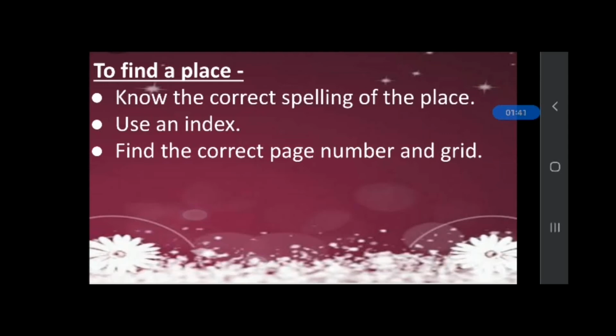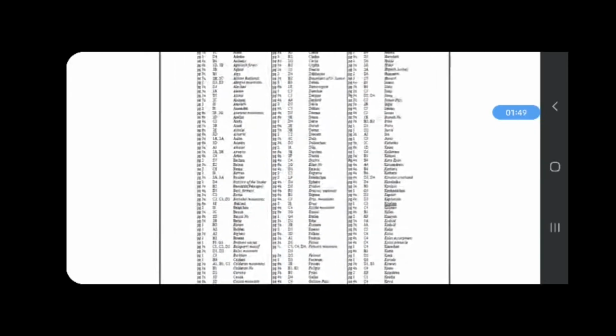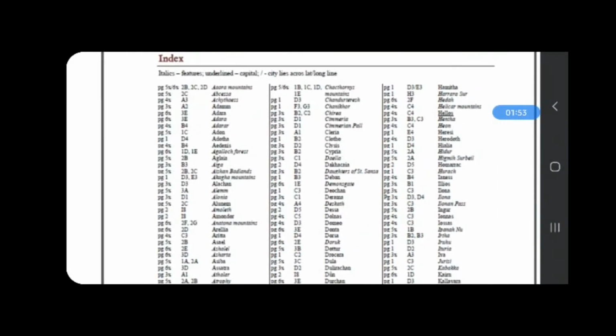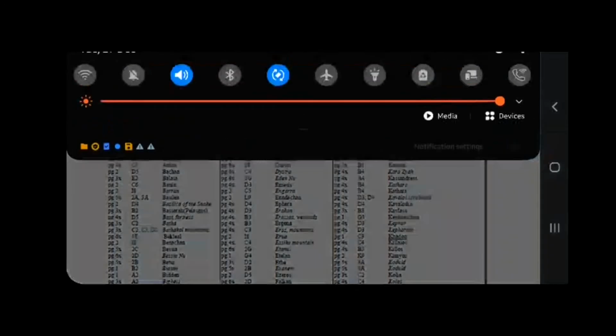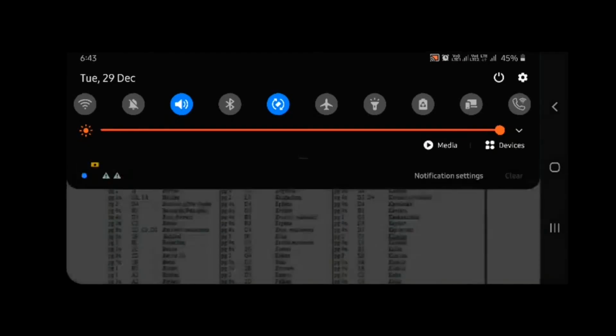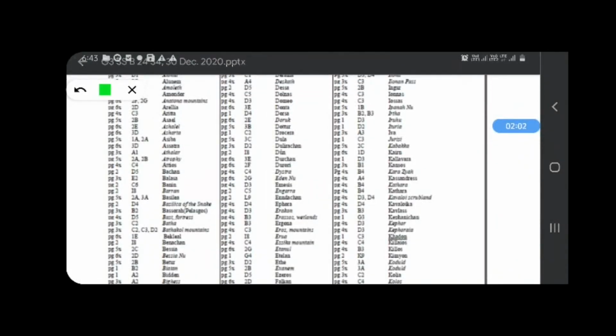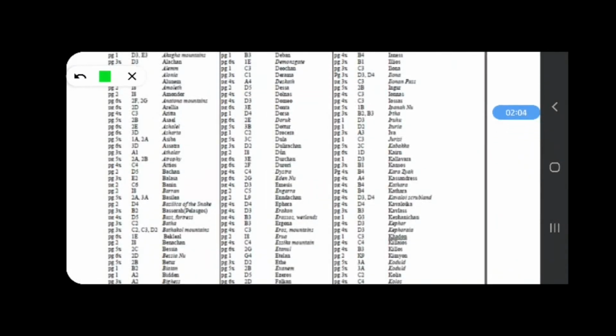And if the index is not given on your atlas, don't need to worry, don't be confused. We will take an example of this photo of an index. So we are using this picture. For example, we need to find this place.